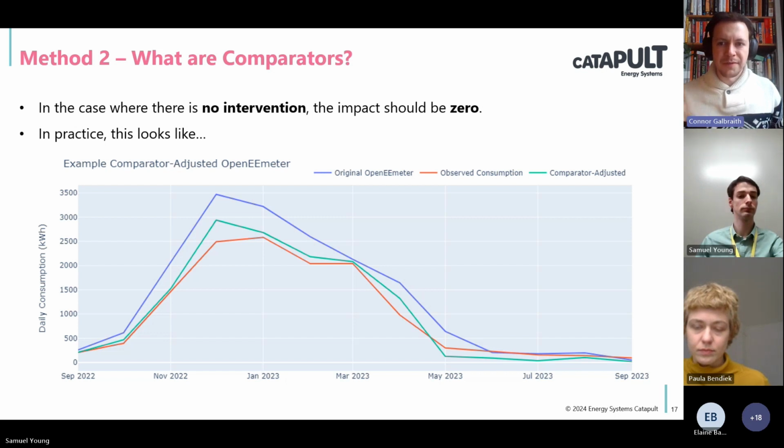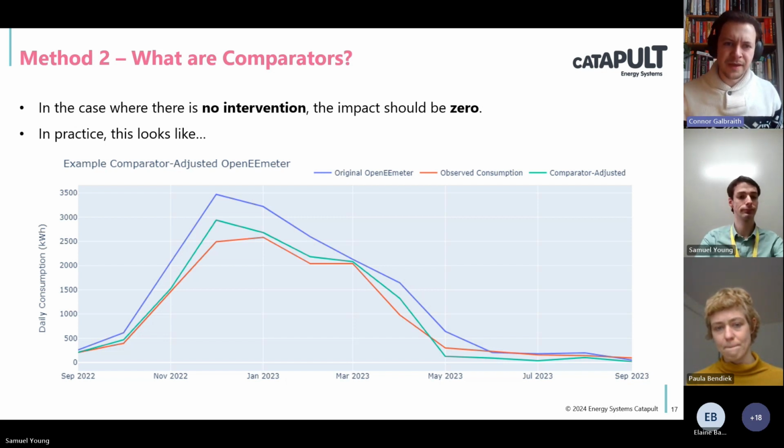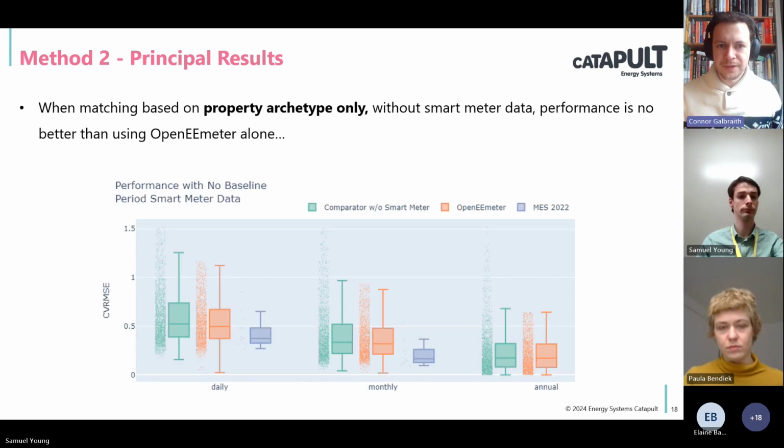However, once we apply the comparator approach, which I'm going to go into more detail on in this section, we can see that it pushes the counterfactual closer to the red line, which is the lime mint colored line just above it. And this is what we want to see over, ideally, all of the properties. Not just improving the accuracy, but also removing that systematic bias caused by the price change externality. So on the next slide,